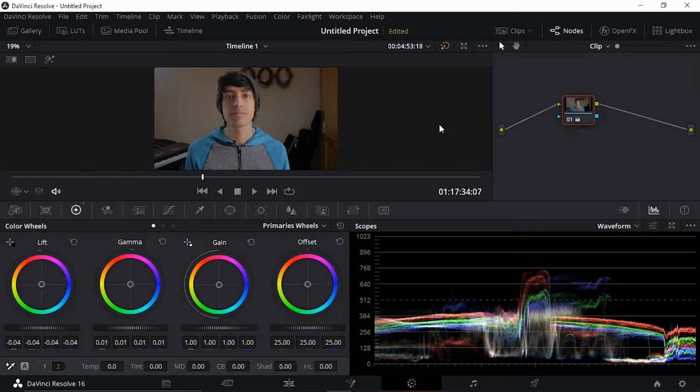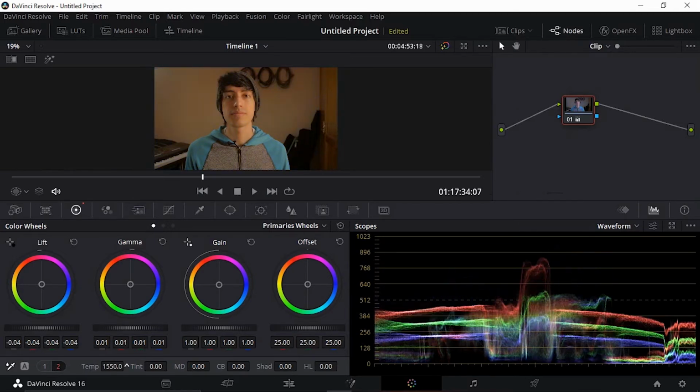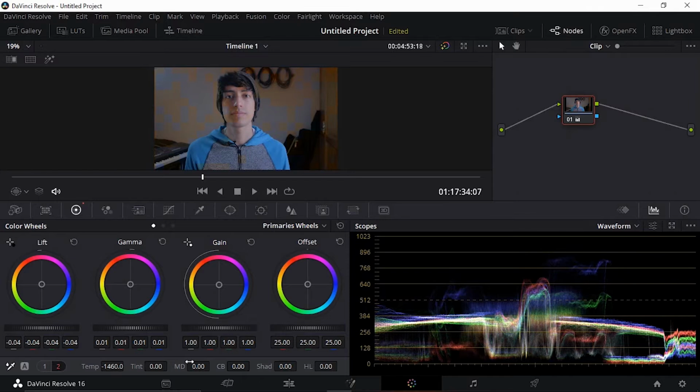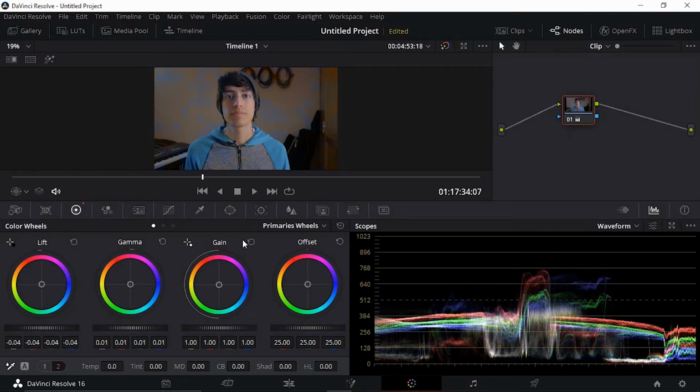Now the white balance. The white balance is the temperature of your image. So here you can see temp for temperature. If you go down, it gets colder. If you go up, it gets warmer. And by default, I think it's just a little bit cold, and you can make it a little bit warmer